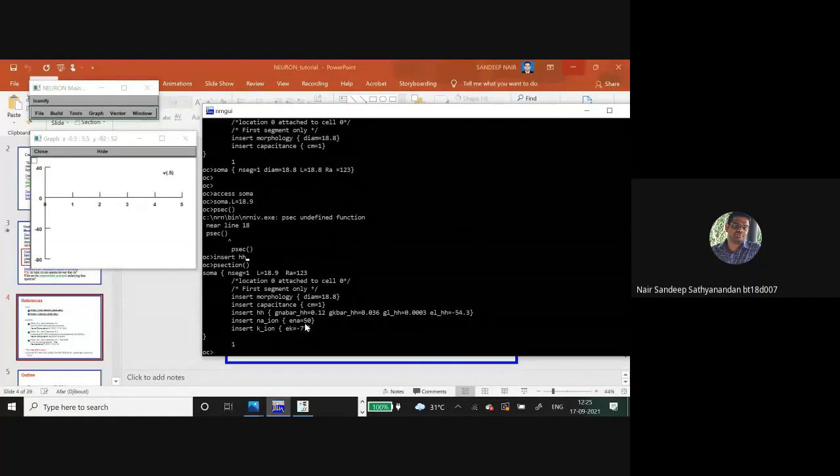So all these things are automatically inserted into the soma. ENA, EK and so on are the reversal potentials for the sodium, potassium, etc.